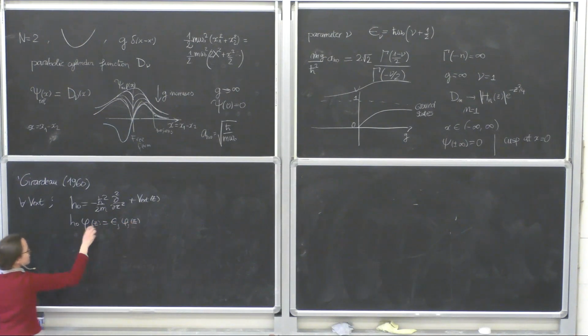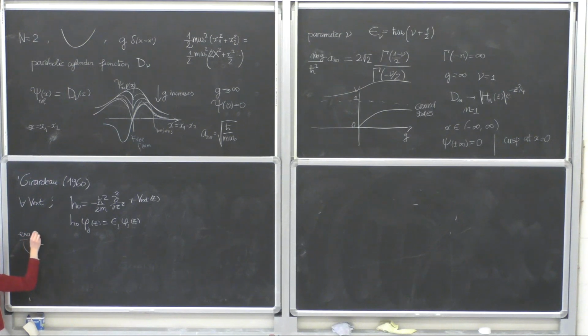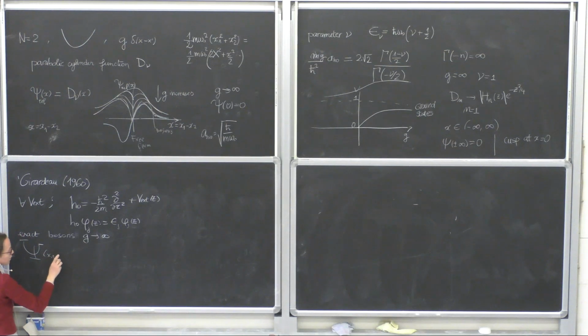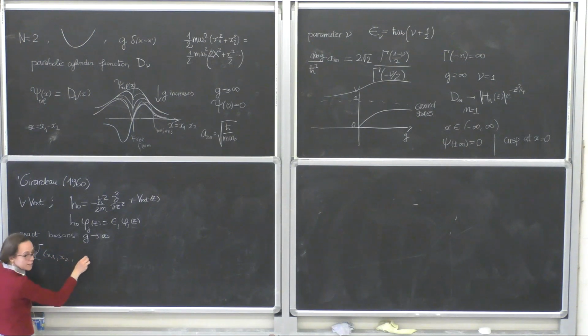I create some single particle orbitals, and then I can write the exact solution in the same potential for bosons at infinite interactions in terms of a fermionic wave function